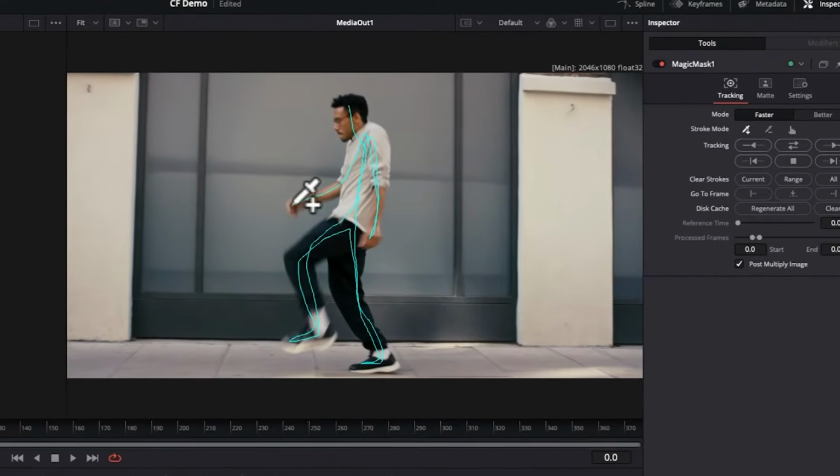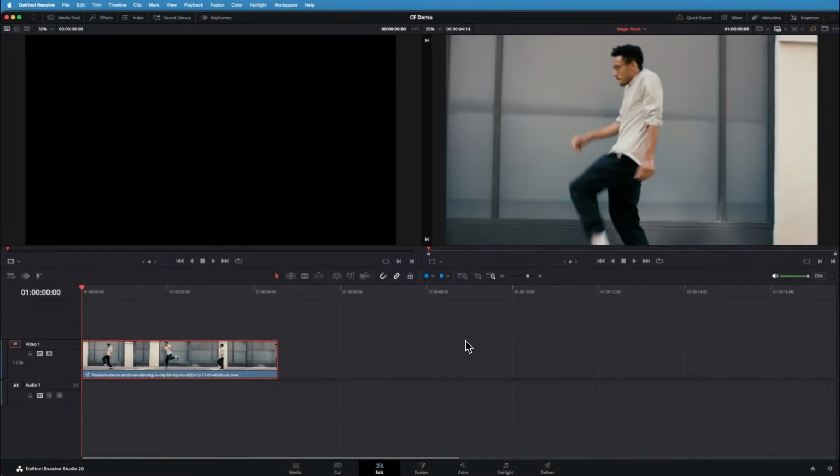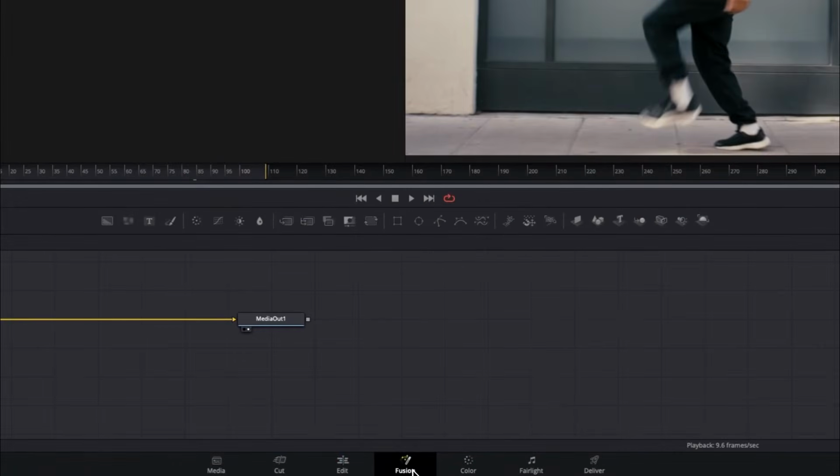How to use the magic mask in DaVinci Resolve. Let's get into it. Start by importing your footage, then come into the Fusion tab at the bottom and you